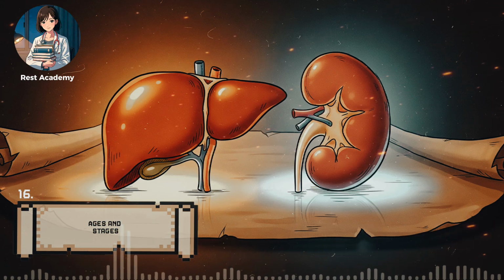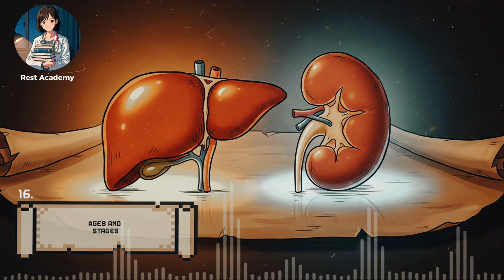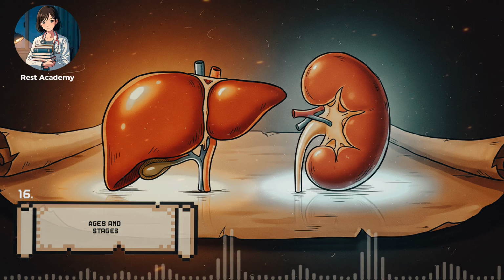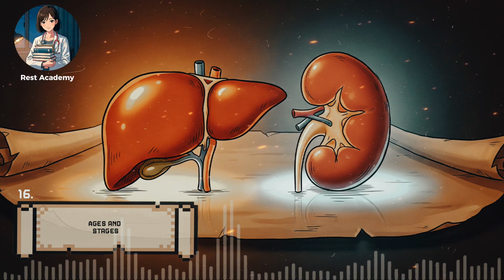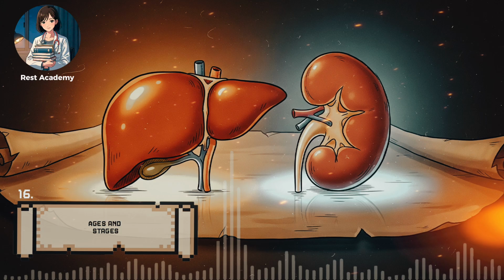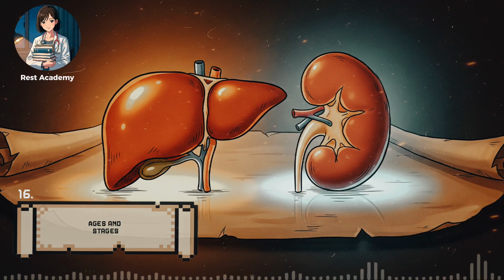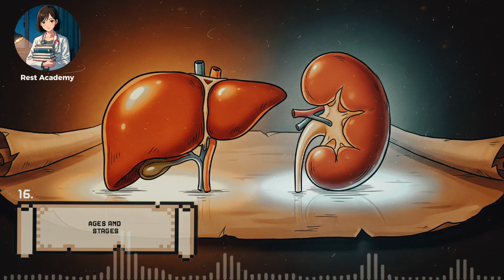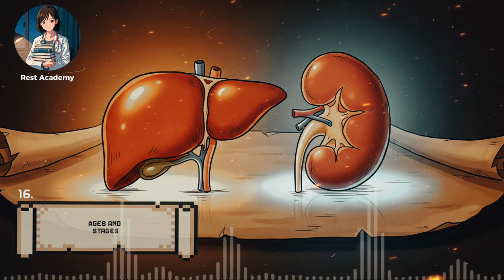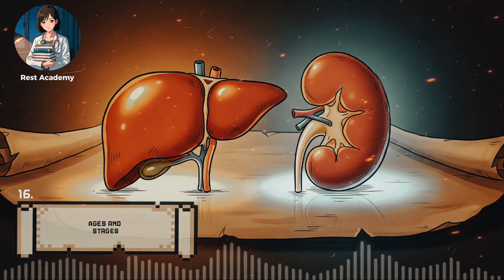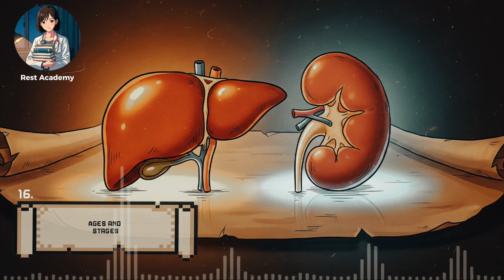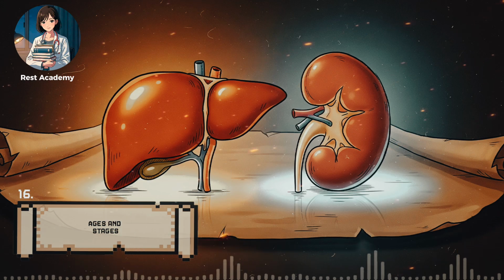Intravenous administration bypasses absorption completely, delivering the drug directly to circulation. Intramuscular or subcutaneous injections deposit drugs into tissues, where they diffuse gradually into blood, rate influenced by blood flow to the site. Inhaled drugs diffuse rapidly across the thin alveolar membrane, providing near instantaneous absorption. Sublingual and buccal routes bypass the liver's first-pass metabolism, sending drugs directly to systemic circulation. Each route is like a different gate for the traveler, some crowded with guards, some open and direct.